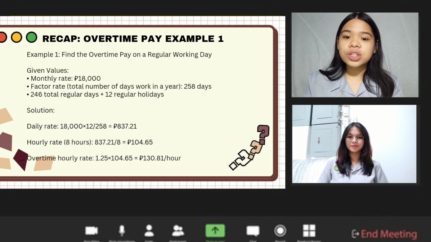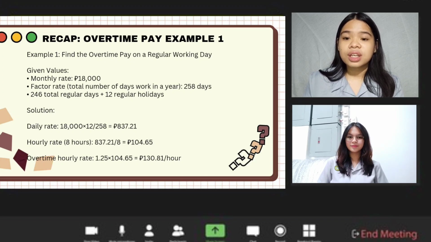The solution for daily rate is monthly rate multiplied by regular holidays divided by the factor rate, which is 18,000 multiplied by 12 divided by 258 and is equal to